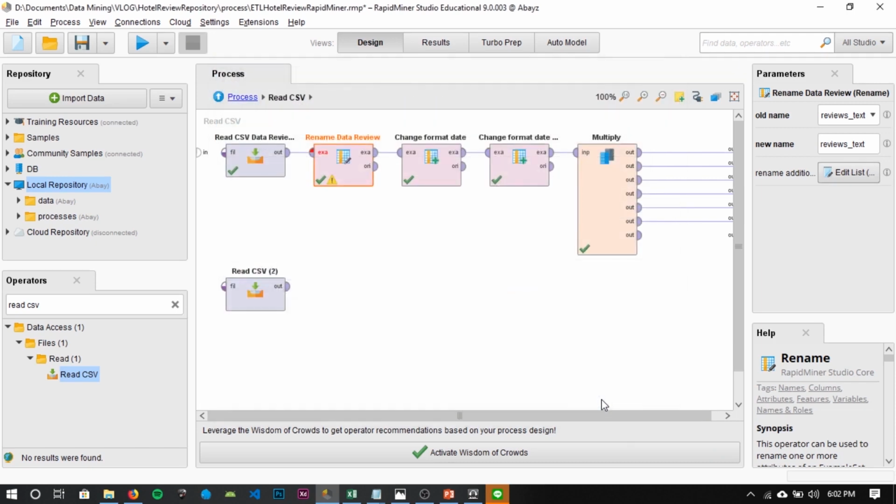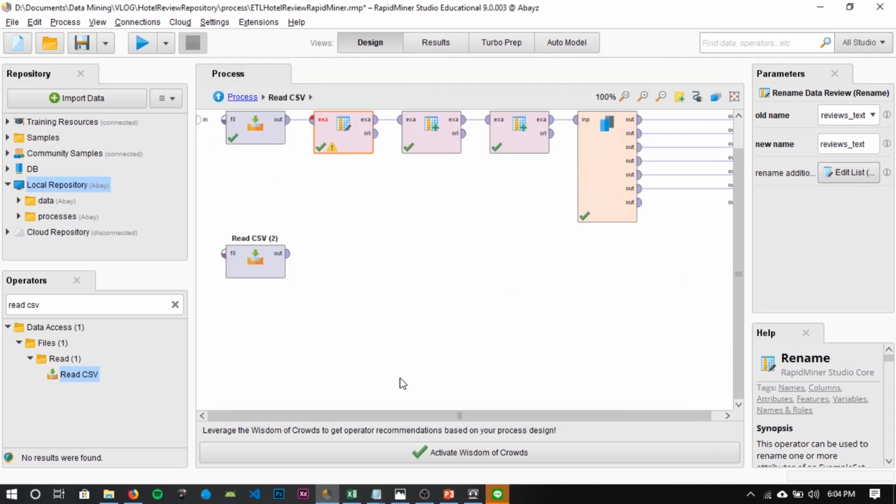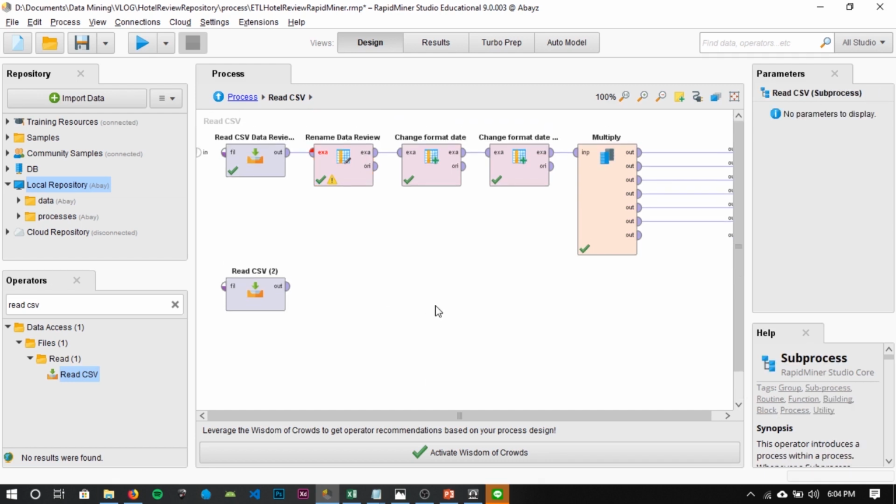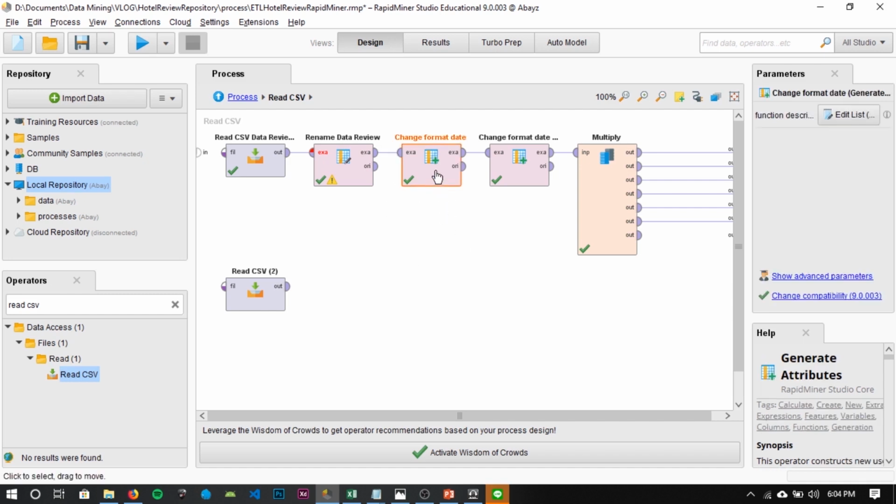After renaming attributes in RapidMiner, you can change values from an invalid format to a valid format. Why do we do this? Because if you leave the invalid format, RapidMiner will give you an error.